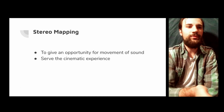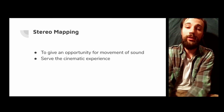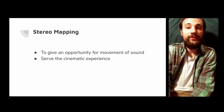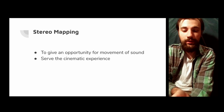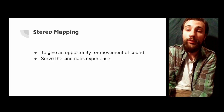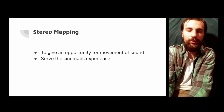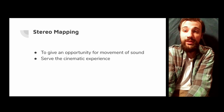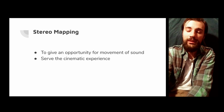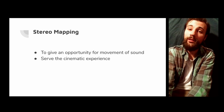And specifically stereo mapping to give it that cinematic experience, but also gives me an opportunity to move sound, since the original set here, it wasn't exactly a set that was set. It was going to be moving in it, lots of stuff moving in and out all the time, because we switch locations so often. Interestingly enough, in our final product, while we can switch between these different locations, they're backgrounds,